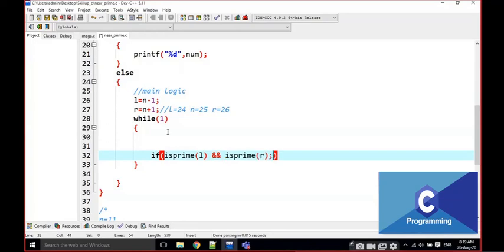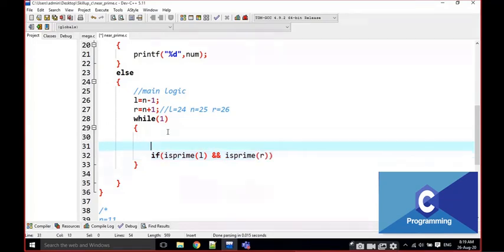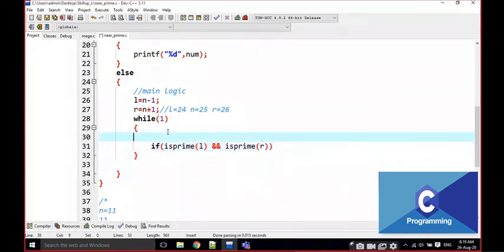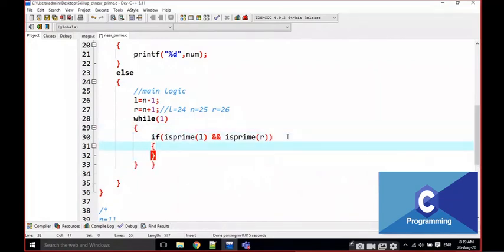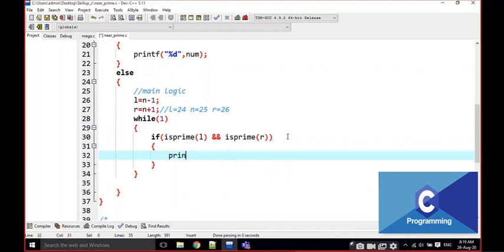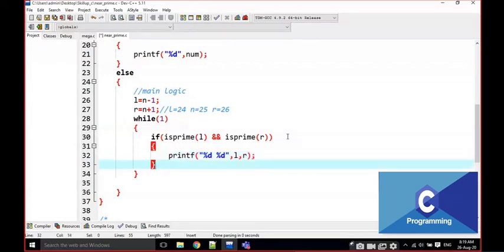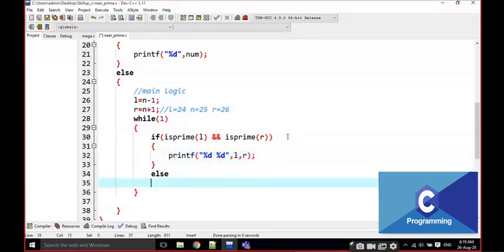If both numbers are prime, I am going to print both the numbers, that means L comma R. Okay, L comma R. I am going to print both the values.